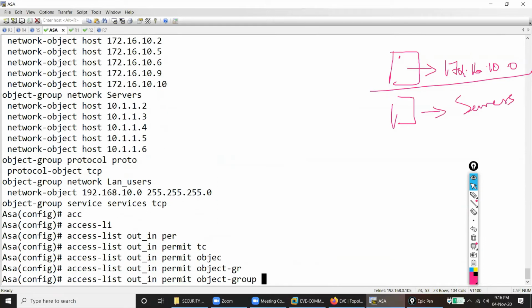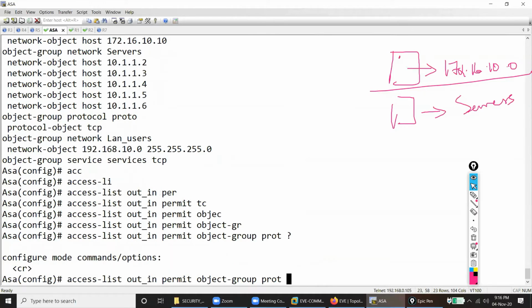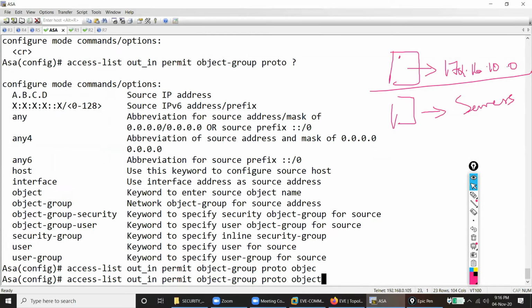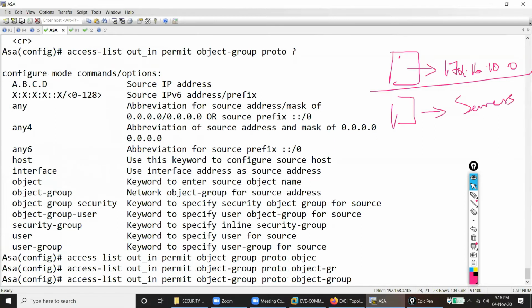What is the name of that protocol object group? Proto. But see, if you forget and put a question mark, you can't see any of the further commands, because you are not giving the right name of that object group protocol. And the right name of that object group protocol is proto. And now you put a question mark, you'll get source IP address. So again, here you don't specify the source IP. You say object group